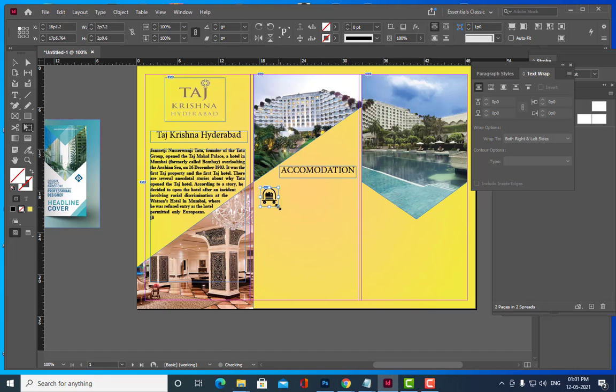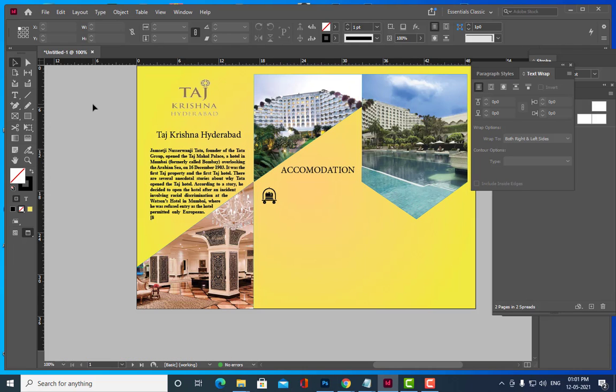Okay, is it clear, all of you? Whoever knows CorelDRAW or Illustrator can take this file there and give it a different color, because we cannot do shape editing in InDesign. Understand this, okay? We cannot do shape editing in InDesign.